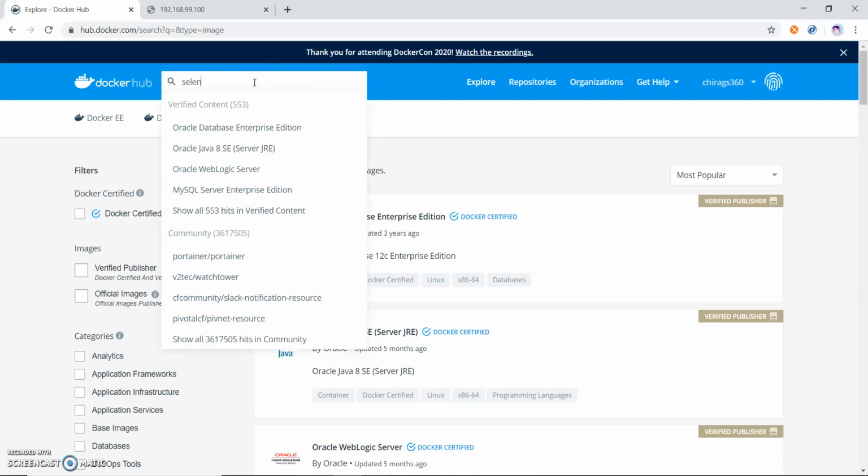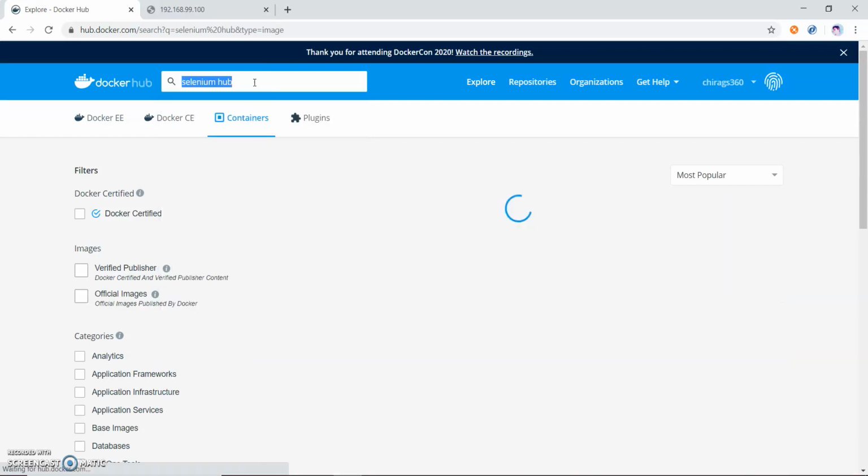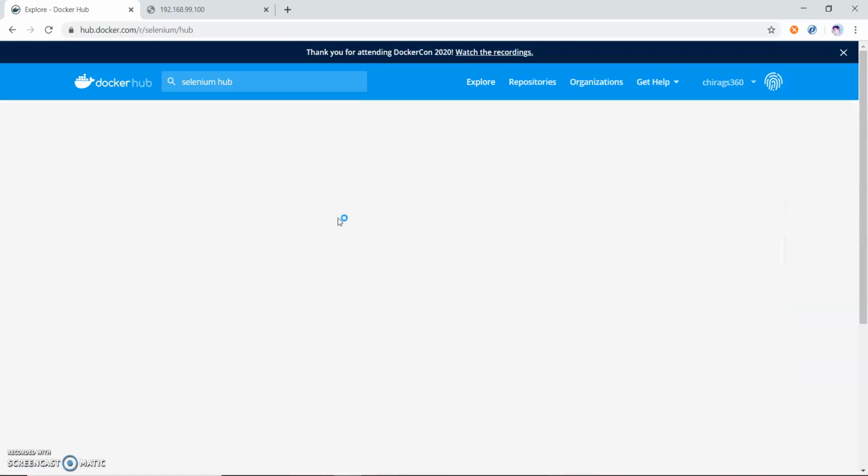Here I'm searching for the Selenium hub image. You can see the Selenium hub image has been found on Docker.